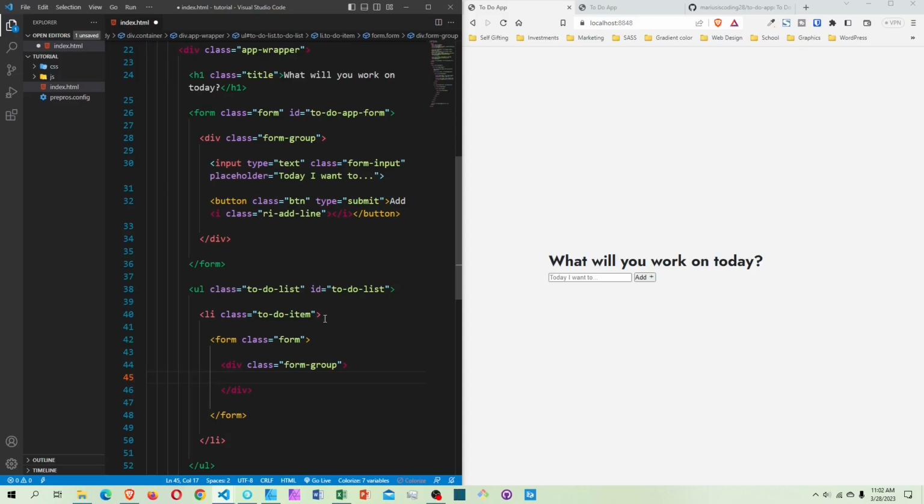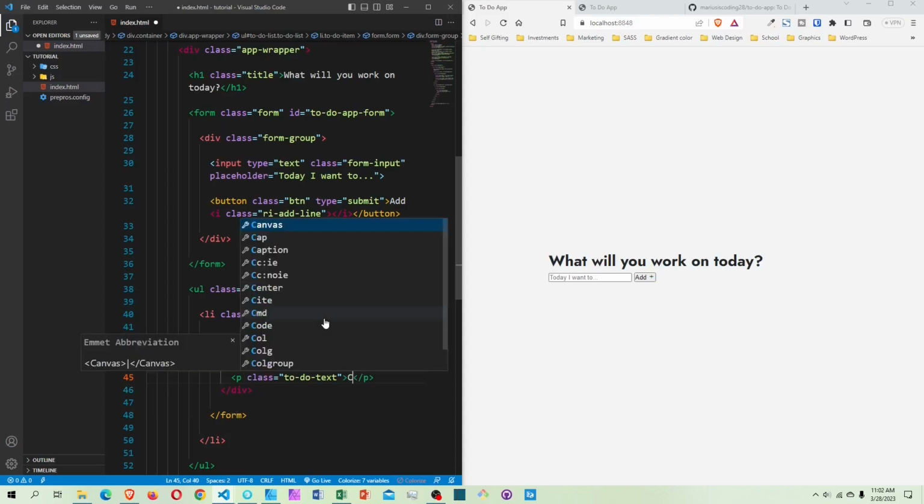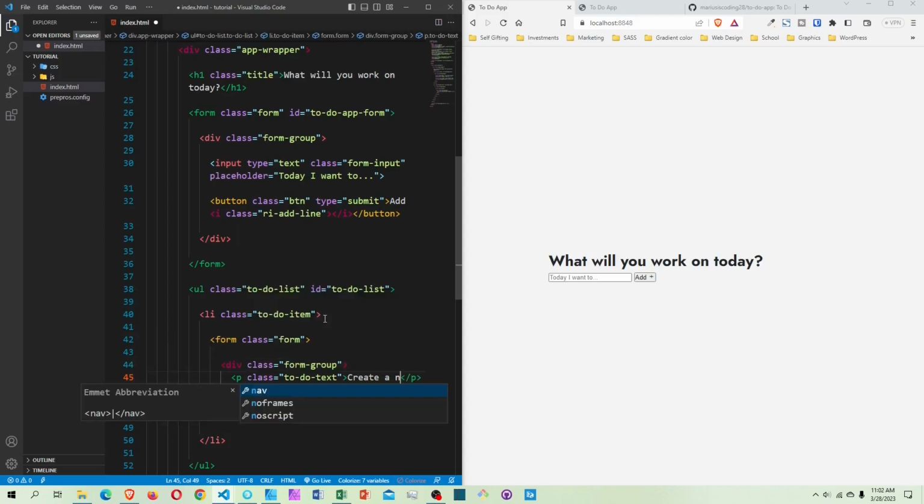And right inside of the form group, I'm gonna create a paragraph with a class called todo-text, like this. Okay, and inside the todo-text, I will create the content, which will be: create a new YouTube video. Okay, now after this paragraph, I'll create my input